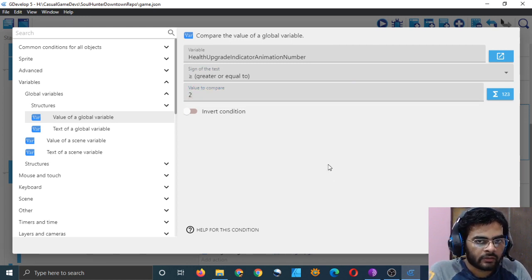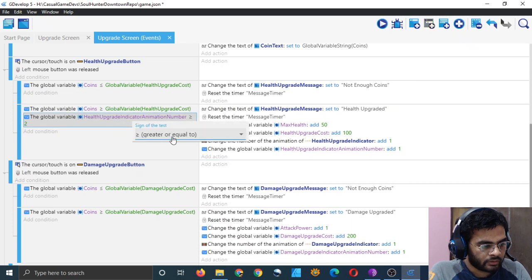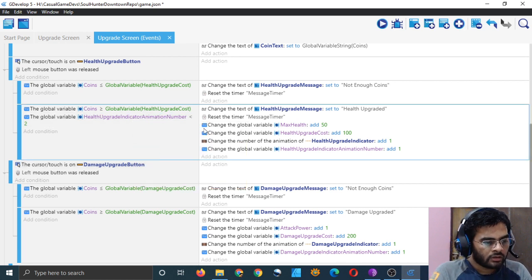Because if it is, then we will not be able to upgrade. First of all, let it be less than 2. If it is less than 2, then okay, we can upgrade. But if it is greater than 2, then we can't upgrade.